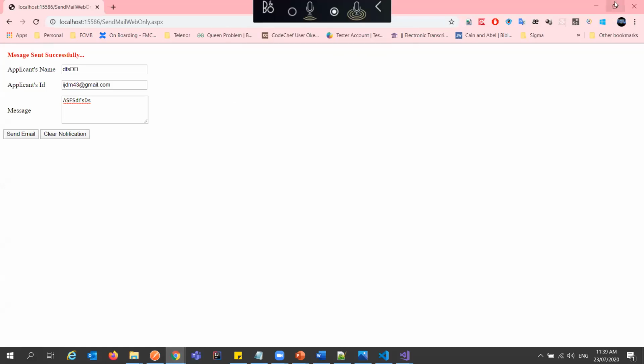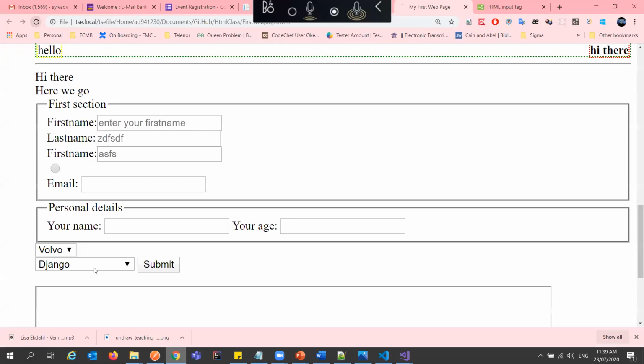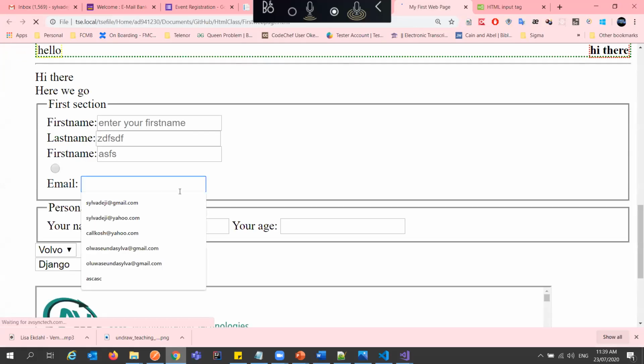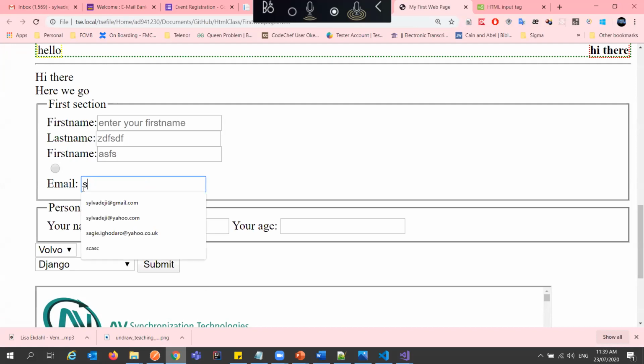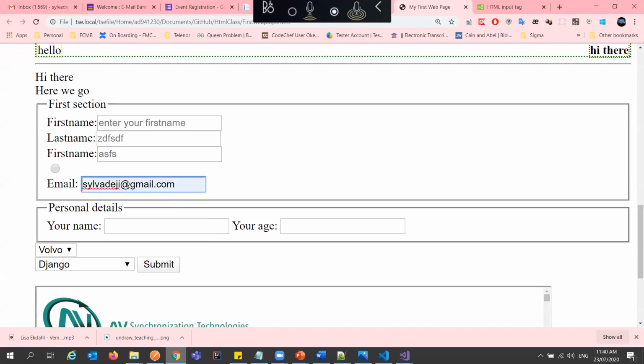Sorry, I think I should close this one. Okay, so I can type anything inside and click submit. You can see that I didn't put an email into this box, and when I type submit, it allows me to type submit. But if you need to enforce that whatever is inputted here is in email format, you need